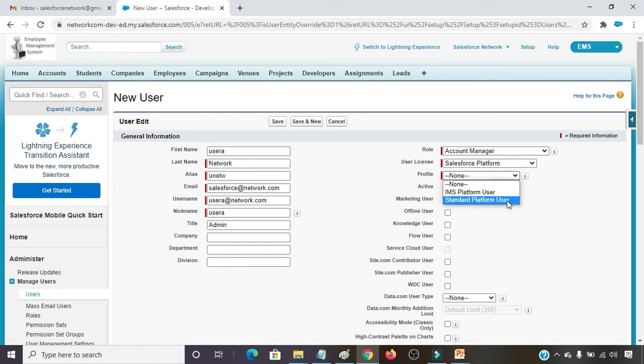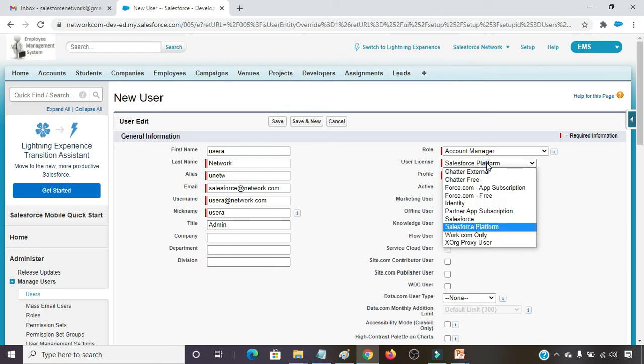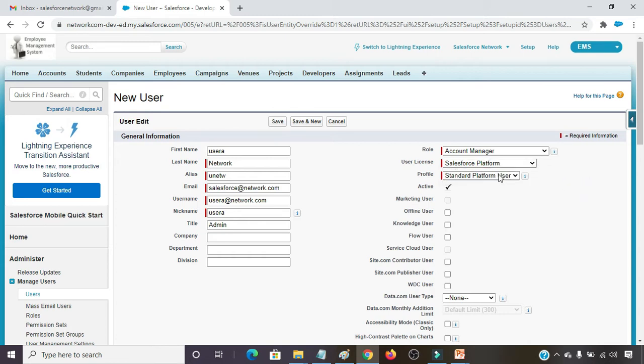Profile I am taking Standard Platform User. This is dependent on the license. If I choose Salesforce Platform, then only two profiles come: IMS platform user and standard platform user.